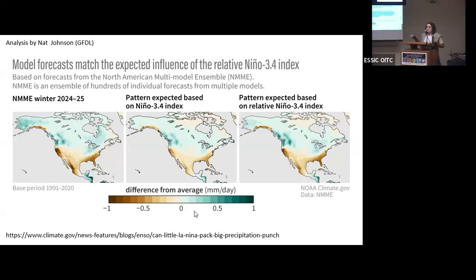In fact, I have a colleague in Peru, Ken Takahashi, who has been looking at changing their coastal El Nino index in a way that would be more relative. So he has a prototype for a relative coastal El Nino index. So already there's a little bit of work in our community to explore how we can apply this idea to other regions. Great question. All right. Anyone else? Go ahead.